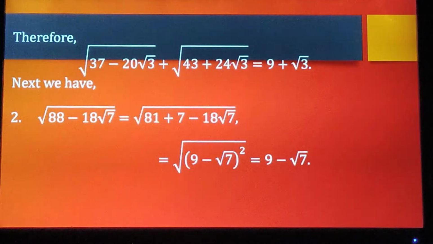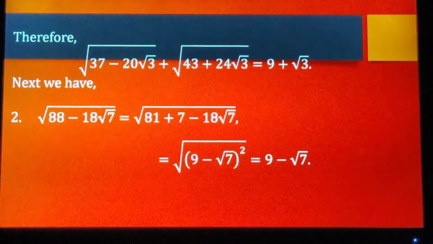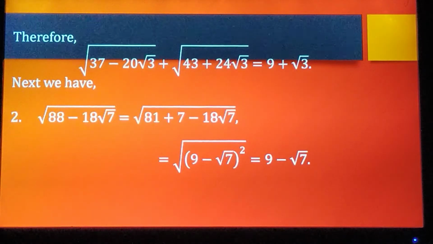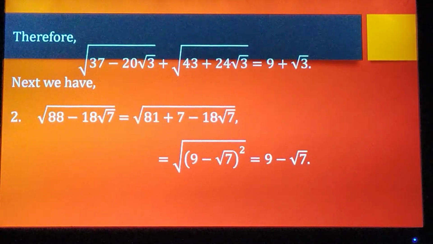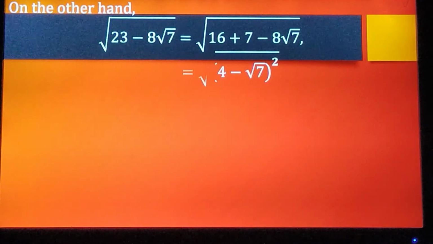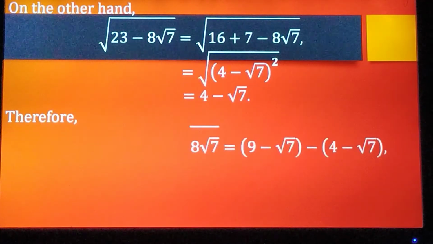So it turns out that this number is the square of 9 minus square root of 7. And so the simplified form of the first irrational number is 9 minus square root of 7. And the second number is 4 minus square root of 7. So adding the two results, we have